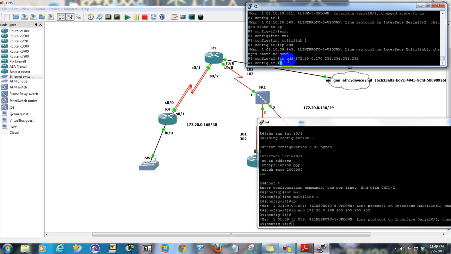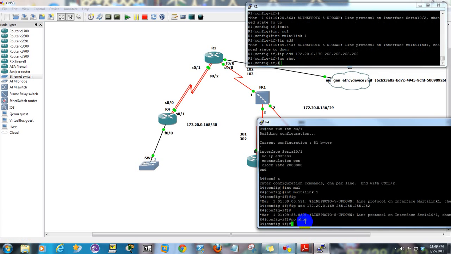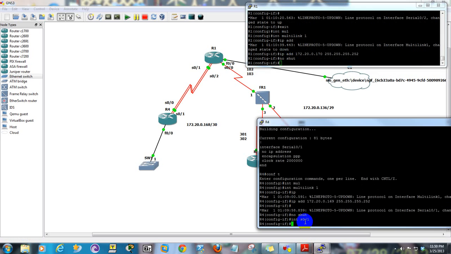Okay. Let's type in no shut just for added measure. And no shut. I bet you any money it's down just for the fact that there's nothing in it. So what we're going to do is go into interface serial 0/1, type in,